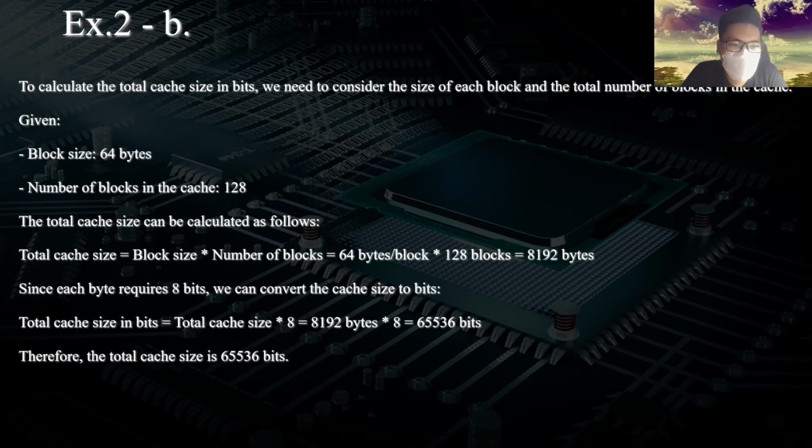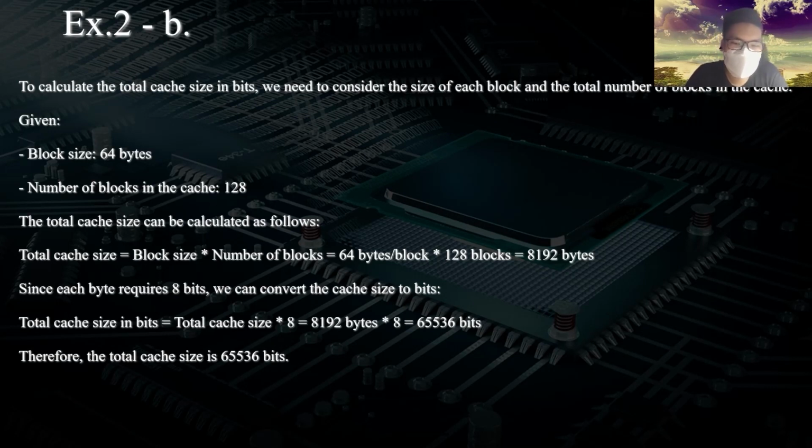The total cache size equals block size multiplied by number of blocks, equal to 64 multiplied by 128, equal to 8192 bytes. Since each byte requires 8 bits,